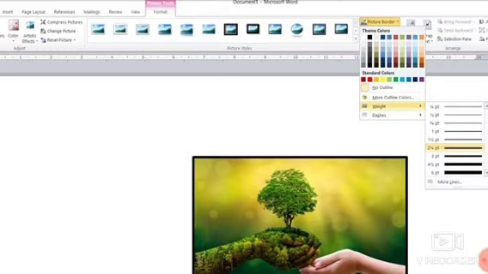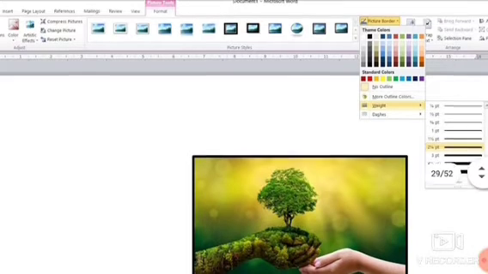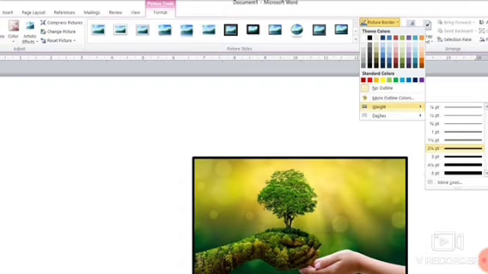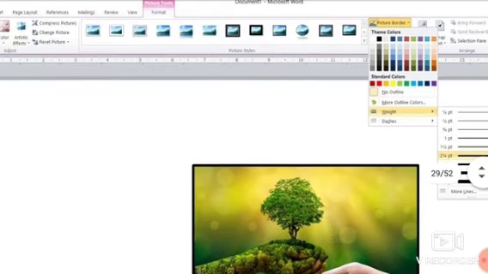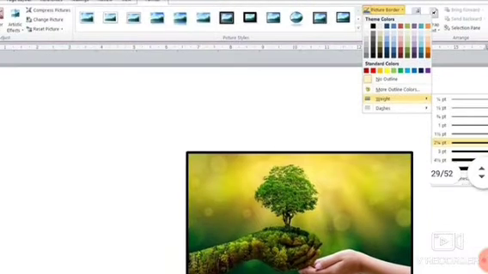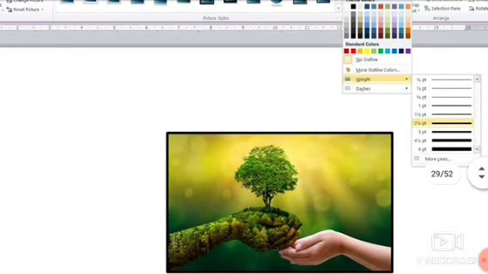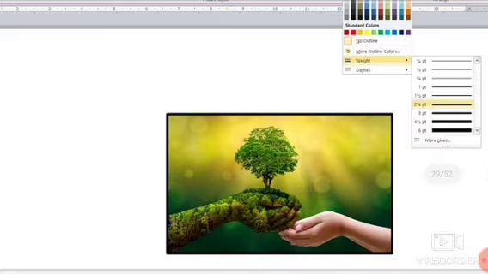And you can select the picture border color also, because in the picture style the black color is given in the picture borders. If you want to change the picture border, you just select the picture, then go to the picture border option. As you click on it, you will get the list of colors. You can select the color, and if you want to change the thickness of the border, you can go to the weight option also, and you can choose the line style and the line thickness.